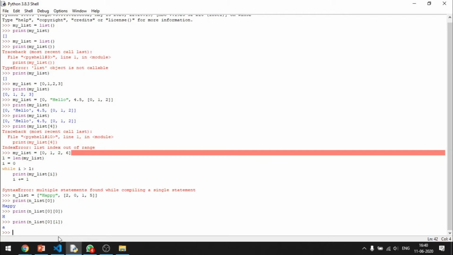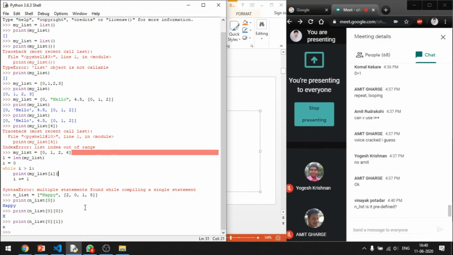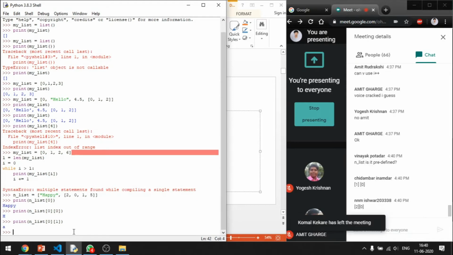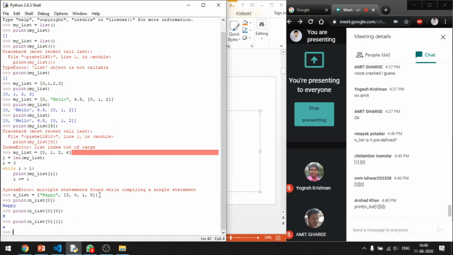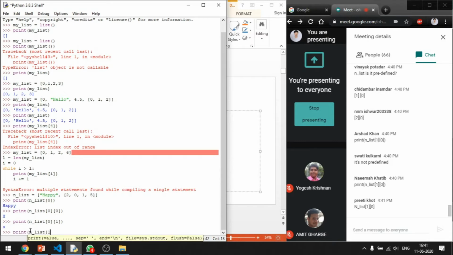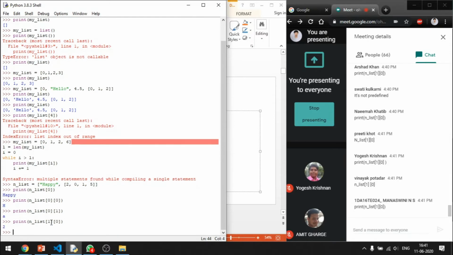In a similar way, if you want to access the constants of this nested list, what do you have to do? Can somebody suggest? Can anybody tell me what I should do in order to access the individual elements in the nested list? n_list underscore list is not predefined. Vinayak, here I'm listing it. This is one more variable I'm using. Okay, all of you people are correct. I am going to use print of n_list of 1 of 0 if I want to access 2. So on and so forth. I'm going to change the second index. It will be 1 1 to access 0, 1 2 to access 1, 1 3 to access 5.